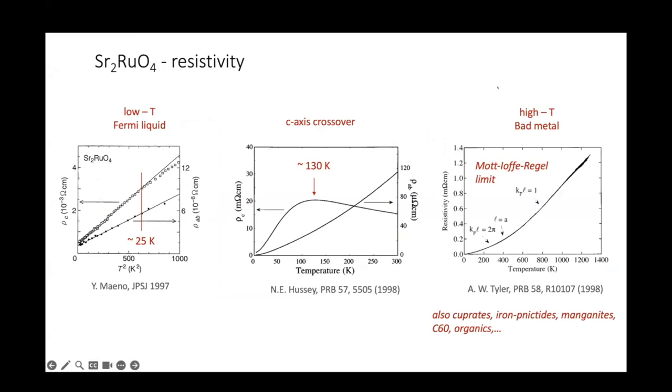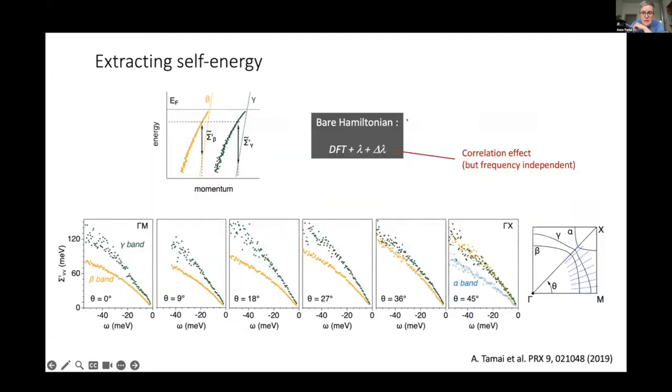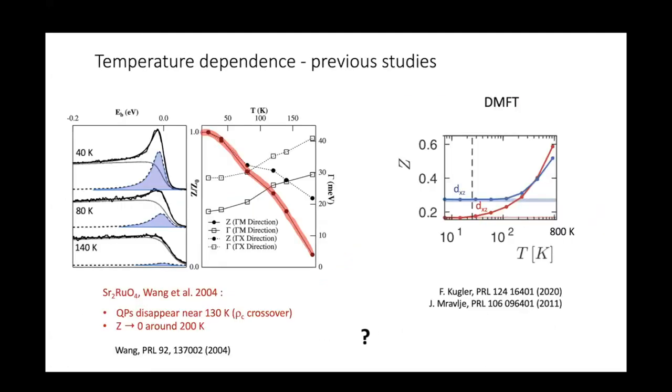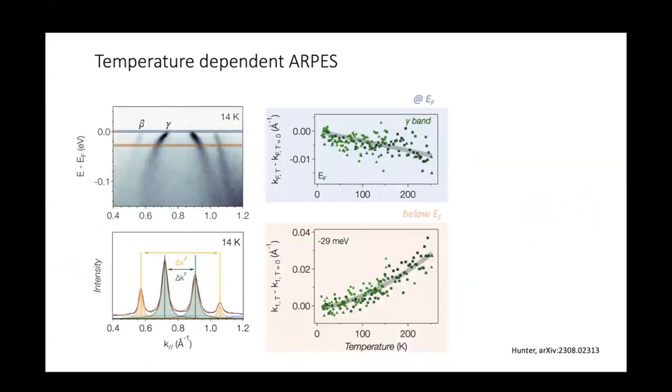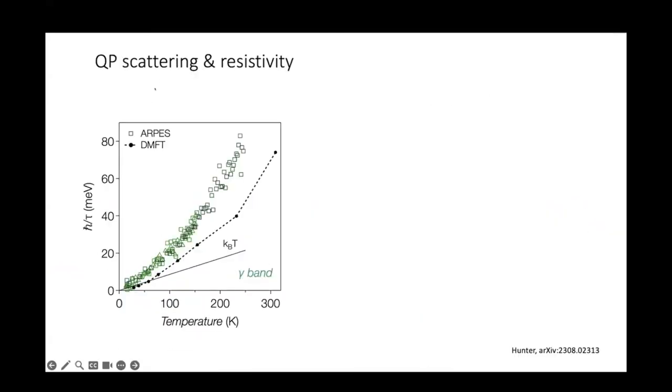I think it's at the end of your talk that you showed the experimental data that, even at high temperatures, it seems either the scattering rate, h bar over tau, looks like a quadratic. Is that correct? Because on that slide there's no fitting curve. Yeah, I see. So this, yes, that is the one. This is the scattering rate for the gamma band as a function of temperature.